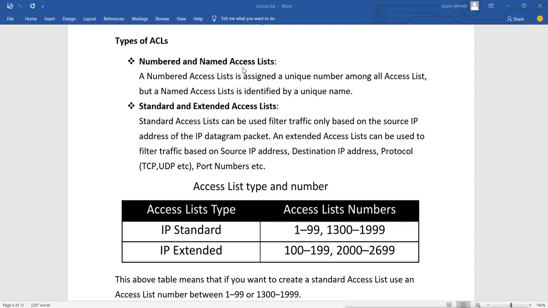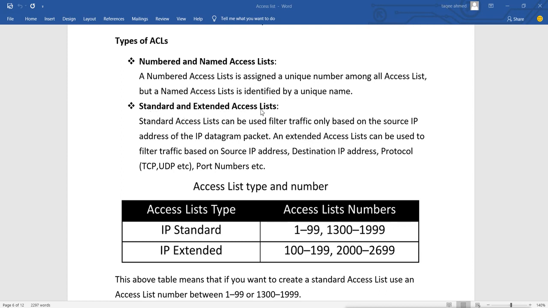If we create a numbered list, we create it with a number, and if we create a named list, we create it with a name. We can give any name, but for numbers there is a limit, because we have two types of list, standard or extended.